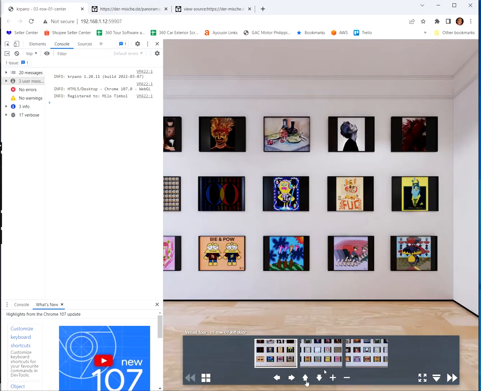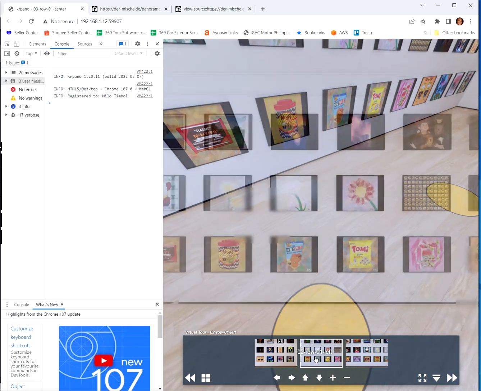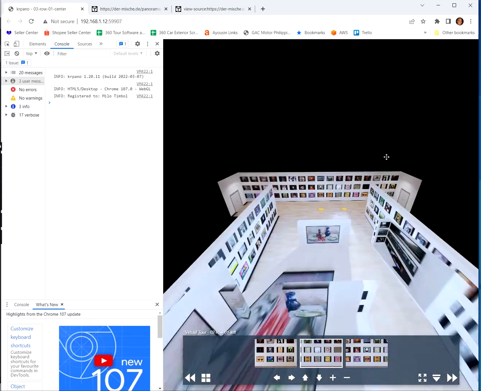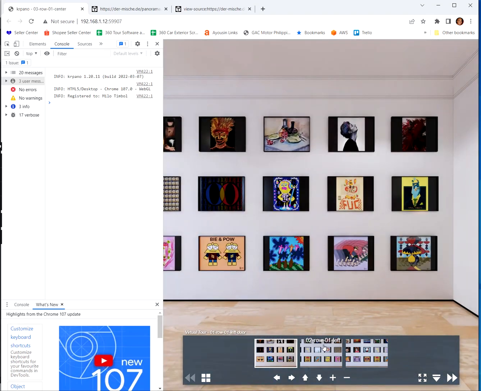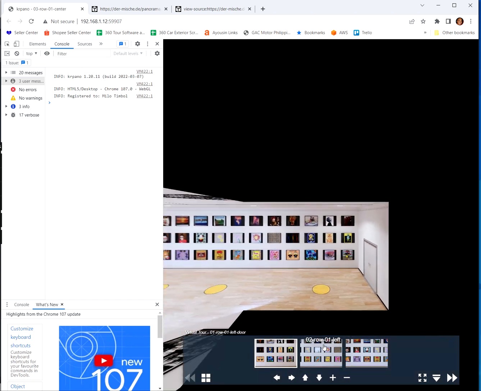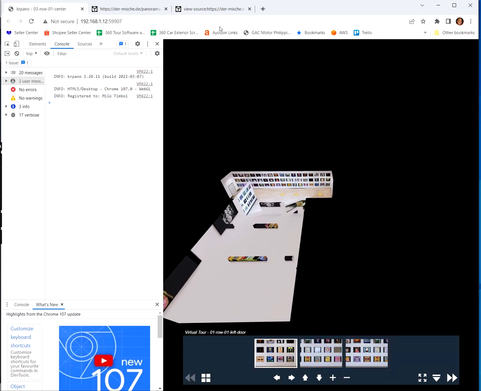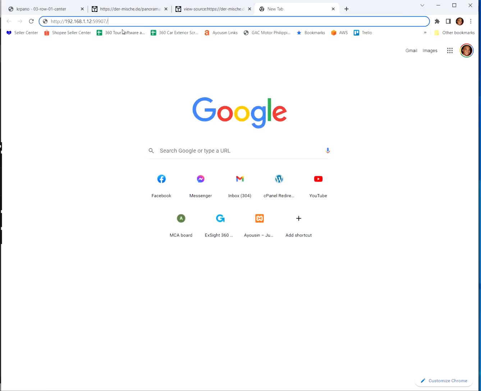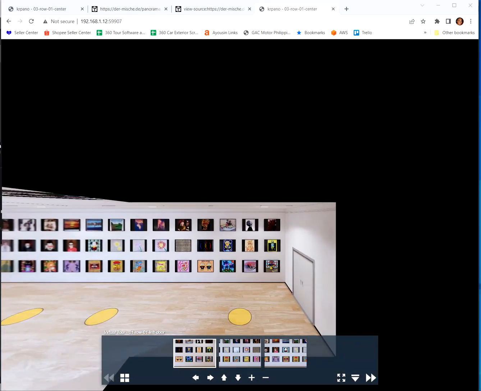Let's try that again. So now what's happening is it's transitioning a bit, and regardless where you are standing. So let's say you're in a second floor and then you click on it. So a while ago what was happening was it's gonna go to that... well, I'm gonna open a new window and compare it to the one a while ago,